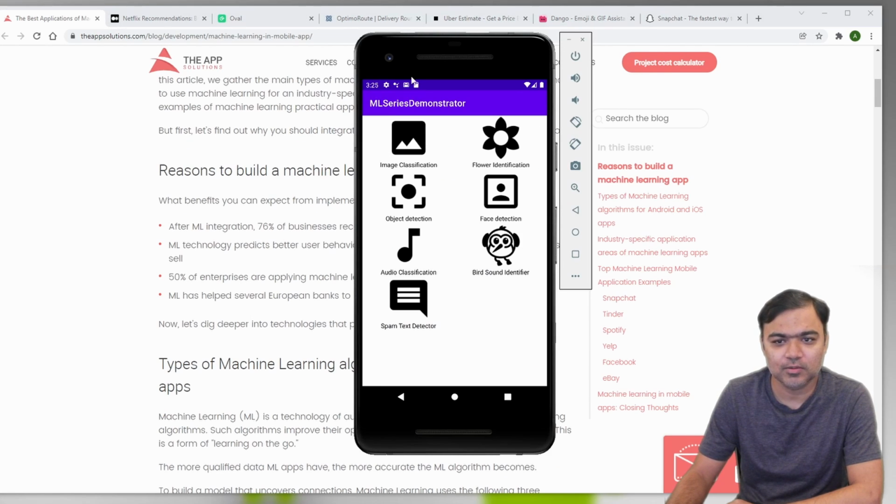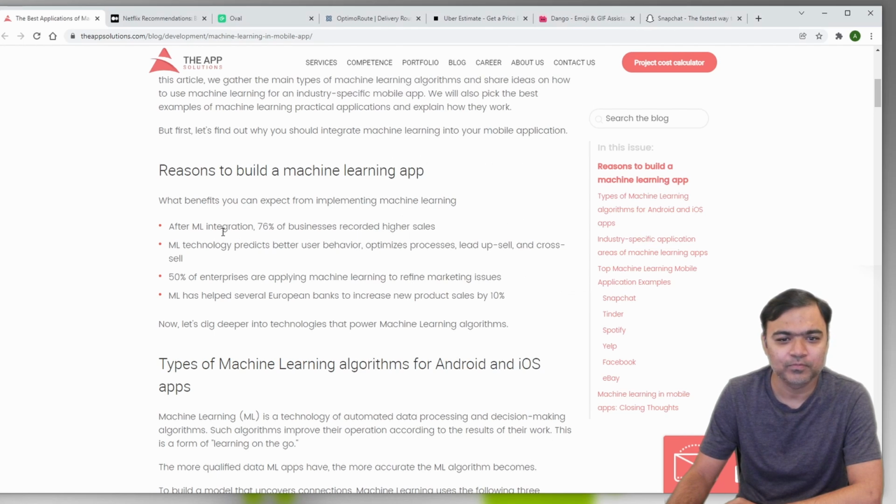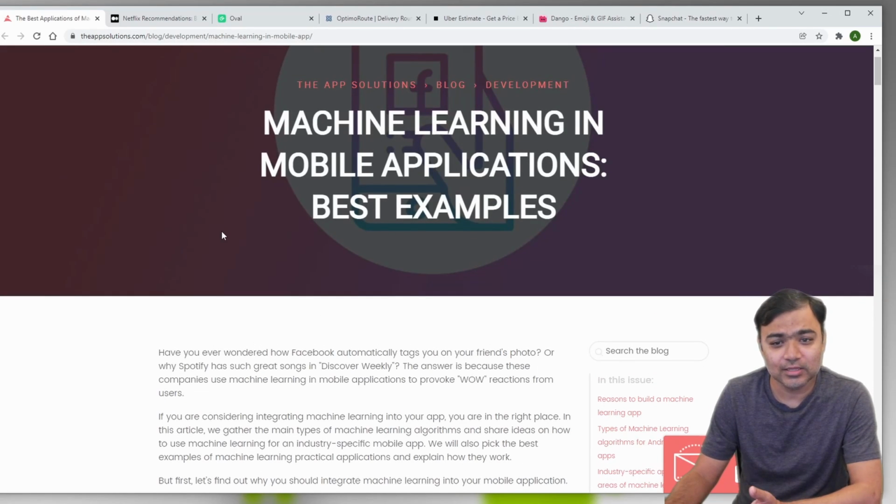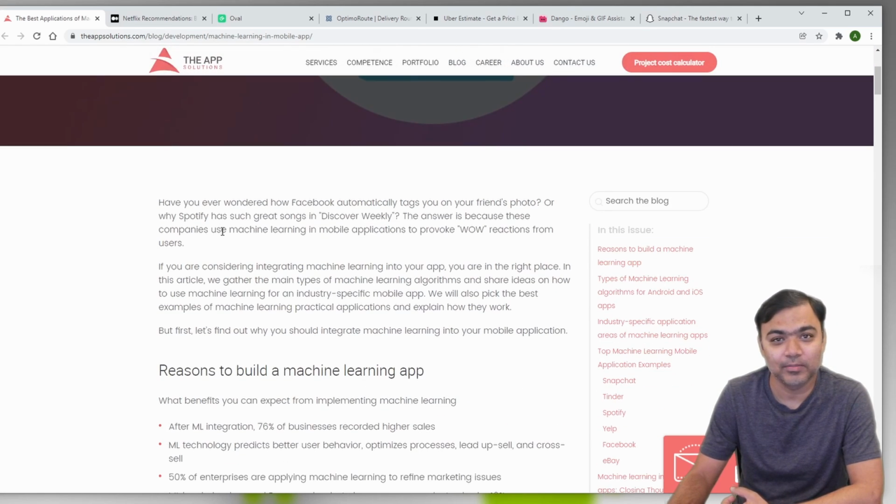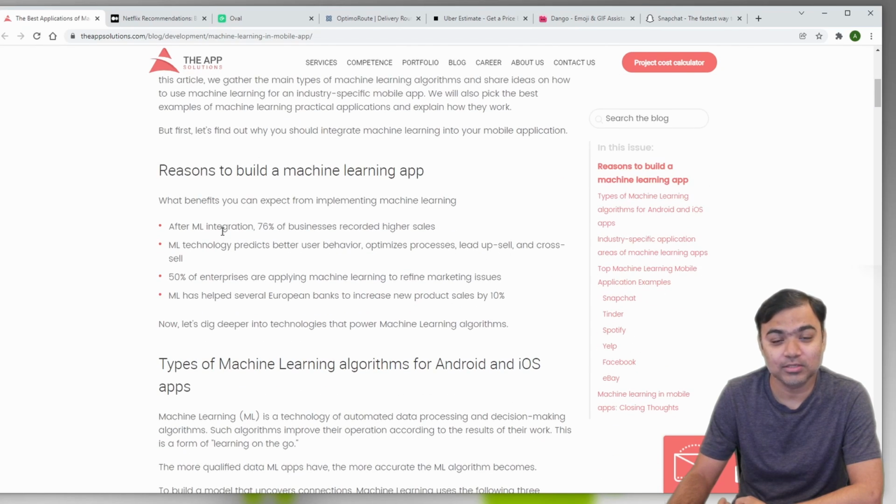If you remember, sometime back we did the ML series where we built these 7 use cases of machine learning, but these were most likely technical use cases, like image classification and object detection. They don't really serve a business use case, more like a technical and feature use case. In this video, we are going to discuss the machine learning use cases developed by companies as a business case, and how they are actually helping companies to better sell products or better understand their consumers.